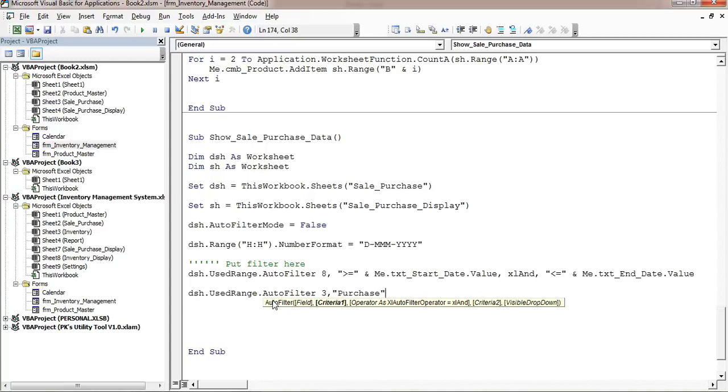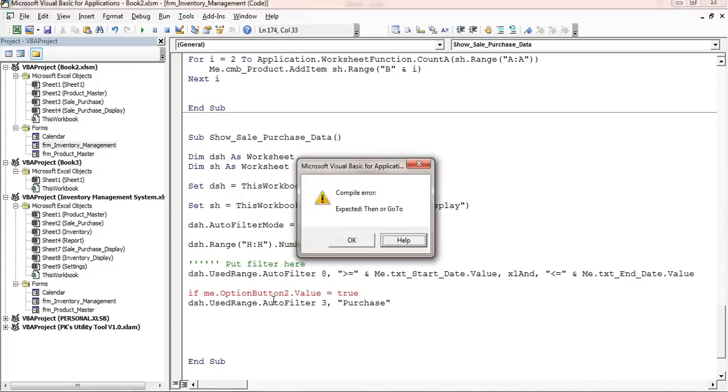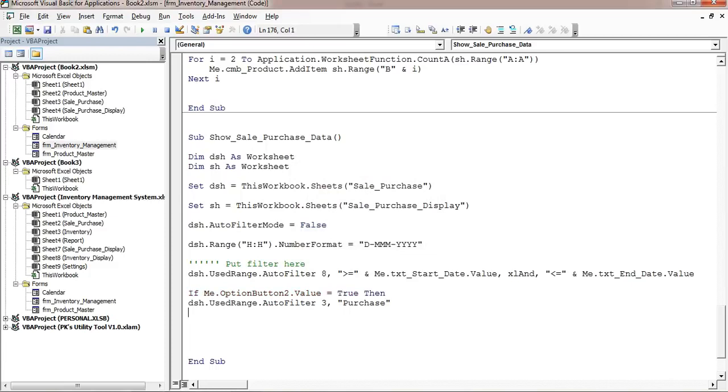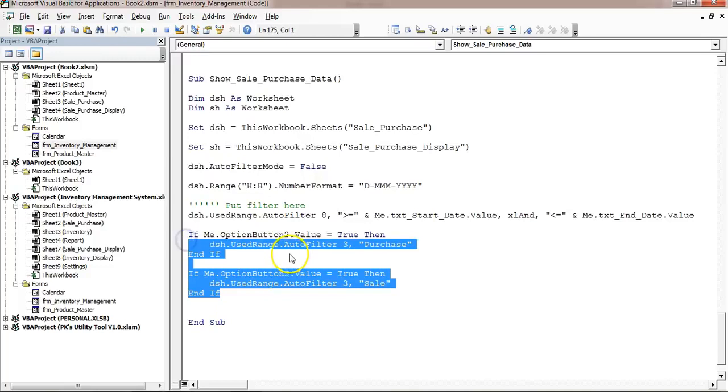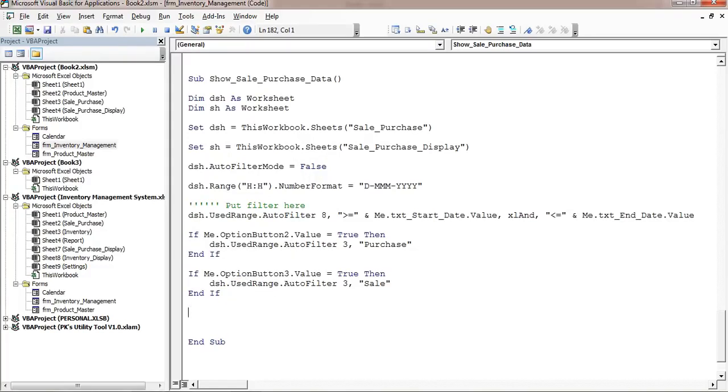So we will use an if condition, if Me.OptionButton2.Value equal to true, then it should filter the purchase. If the option button 3 is true, which is the sale, so we will use sale here. We will not use the filter for all, which is option button 1, because we don't need to filter anything. Alright, so we have filtered this.